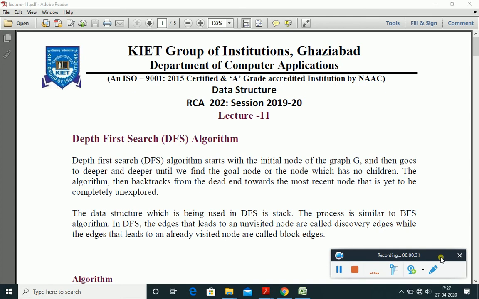The basic approach of traversing is that you should visit each vertex of the graph at least once. It means you start from a vertex and cover all the vertices in a way that you have covered all vertices at least once in a row. So, to understand these concepts, first we will discuss the depth first search algorithm.